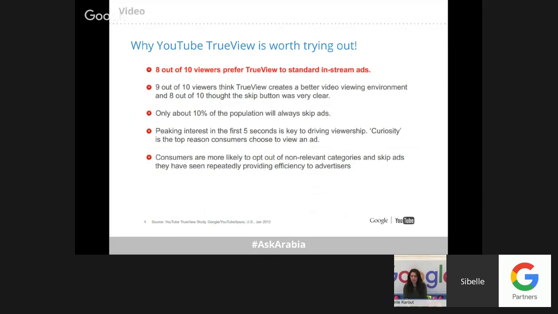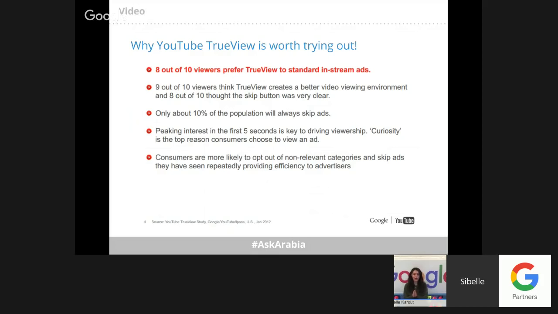Piquing interest in the first 5 seconds is key to driving viewership. Curiosity is the top reason consumers choose to view an ad. So with the option that TrueView provides clients, the option of skipping the ad after 30 seconds, even before 30 seconds, allows you to leverage the opportunity of adding curiosity to the viewer of your video.